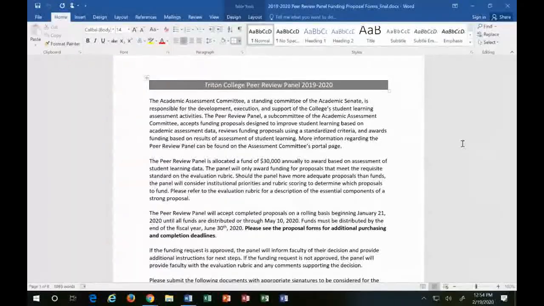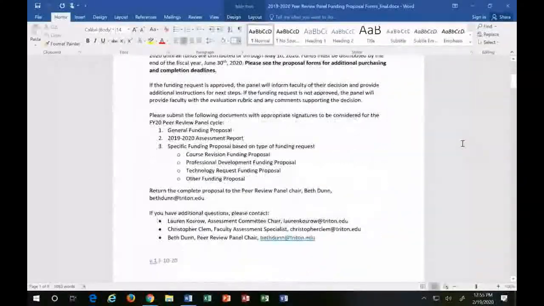So the next time that we do this, next fiscal year, there'll be basically the entire fiscal year. We'll start again in September through June 30th to collect data, submit proposals, and receive funding. So it's a little bit more abbreviated this year. We recognize that, we understand that, but also moving into next year, the process will be in place and we'll have a full year to engage with that. So there's this cover page here that you'll see that explains that process. And then as we scroll through,